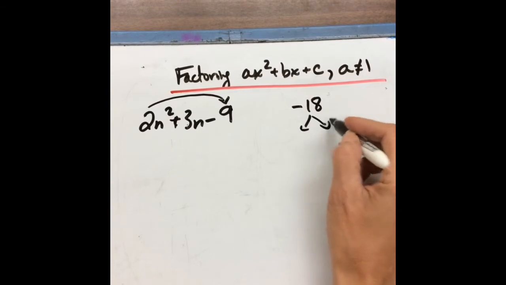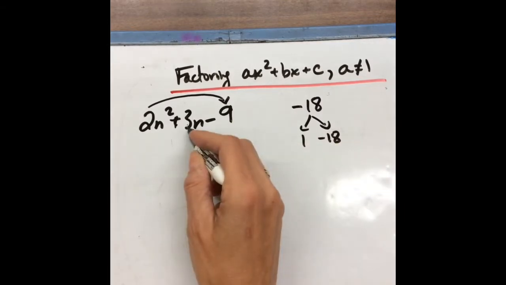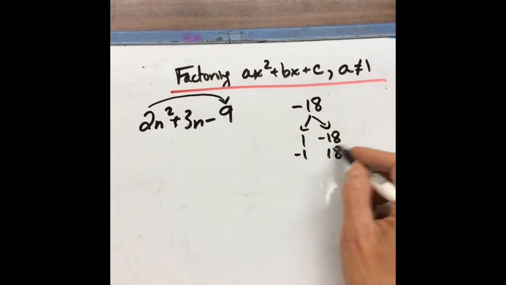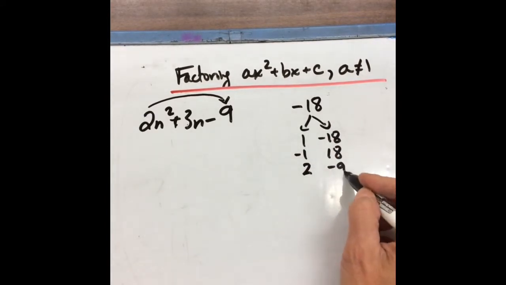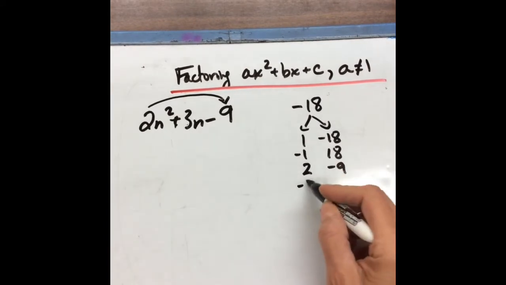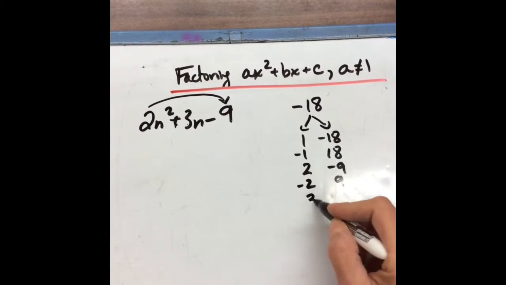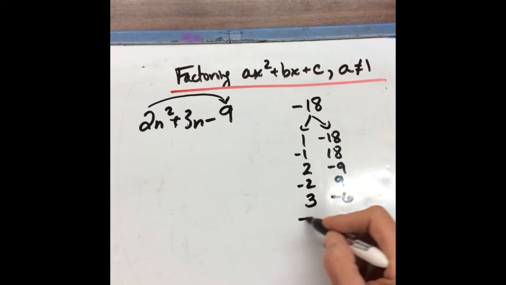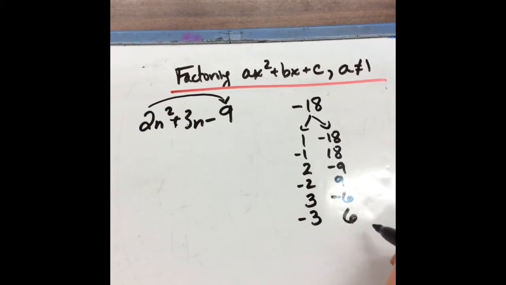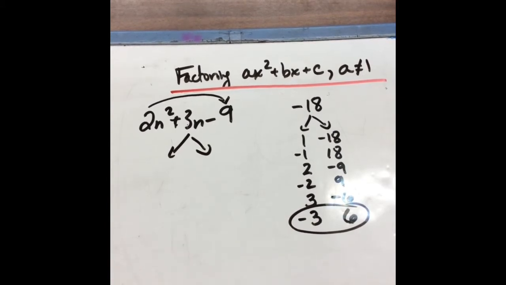So I can go through the list, 1 and negative 18. That's not going to give me 3. Negative 1 and positive 18. That's not going to give me 3. 2 and negative 9 will not add up to 3. Negative 2, positive 9 will not add up to 3. 3 and negative 6 gives me negative 3. Well, we're getting there. What about negative 3 and positive 6? Yes, here we go. So we're going to replace this 3n by negative 3n